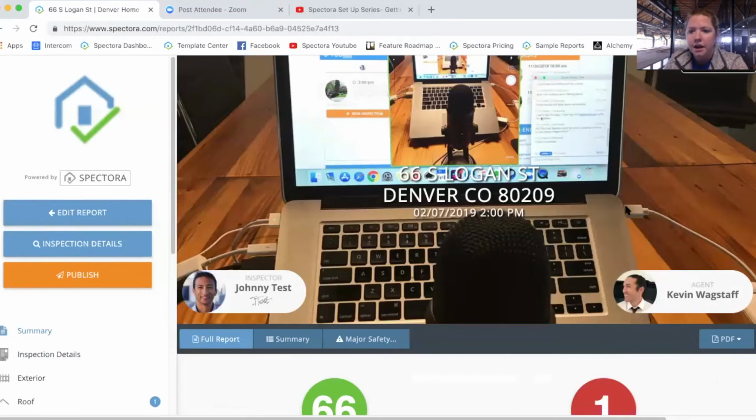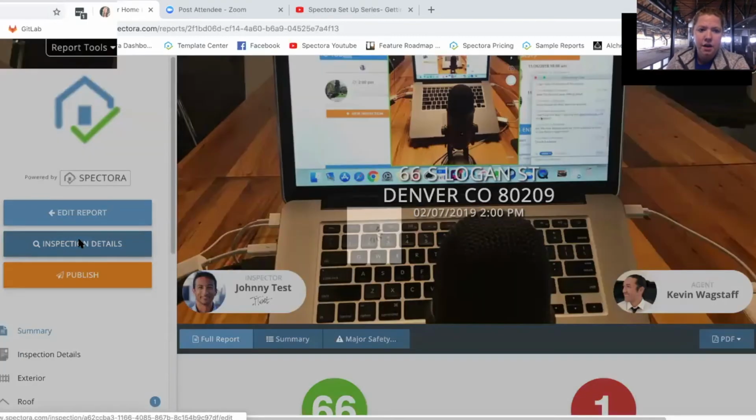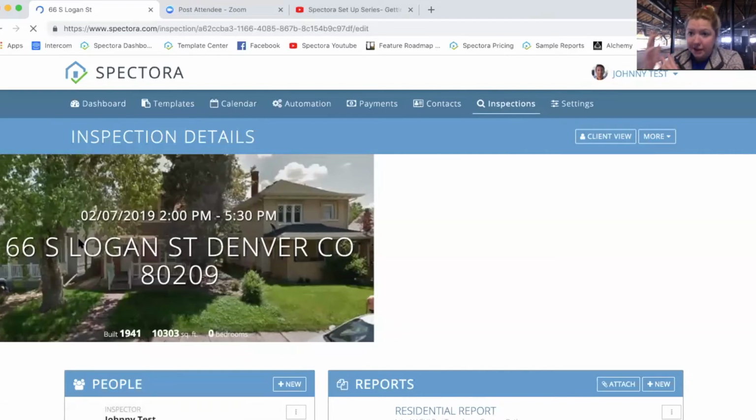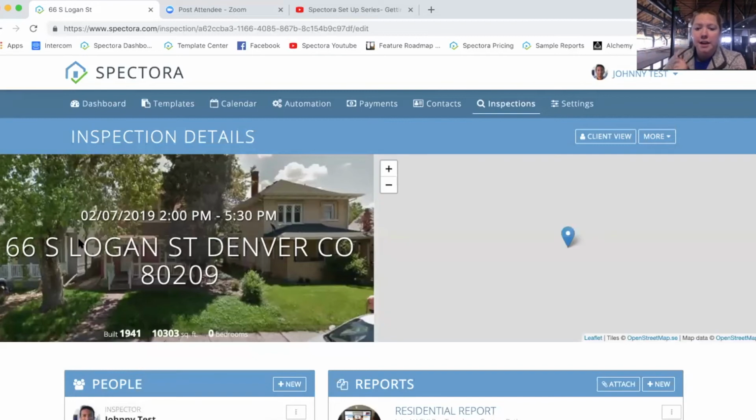Cool. Can you send bills through Spectora for another service besides inspections? Not necessarily. You can add a fee to an existing inspection or schedule an inspection that doesn't have a report attached to it and create, say, a line item for whatever you're trying to charge outside of our payment processing. And so what I'm talking about is if we go back to inspection details over here, we don't have fees that are not attached to an inspection. Now your inspection could be completely fake if you just want to use our payment processor, or if you would like to